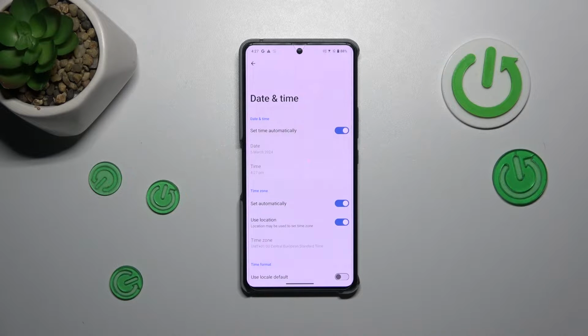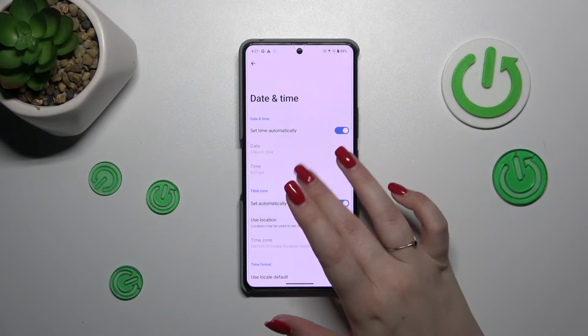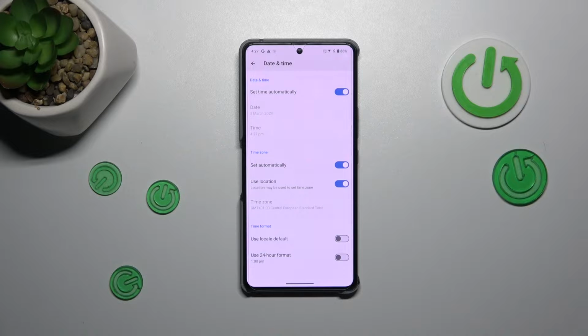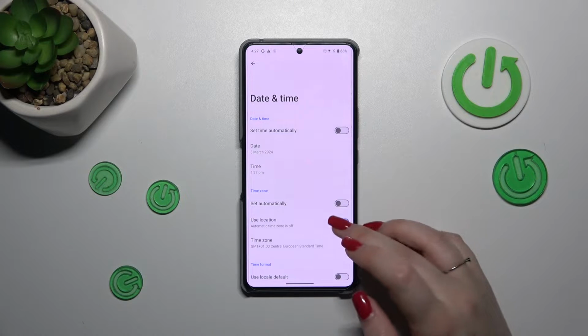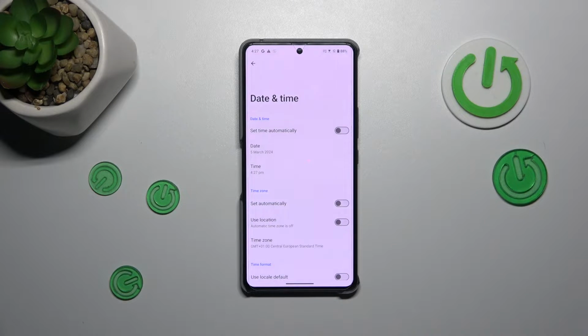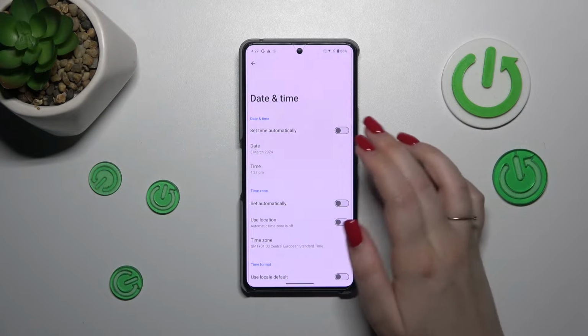And as you can see here, we've got some options which are currently inactive, like the date, time and the time zone. It is because we are using the automatic options. So first of all, let's turn them off. We have to simply tap on those three switchers to turn the automatic options off completely,